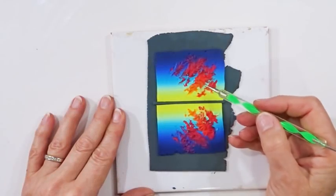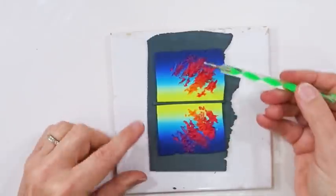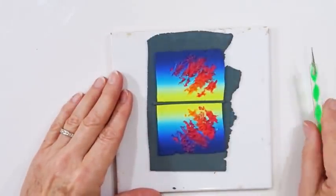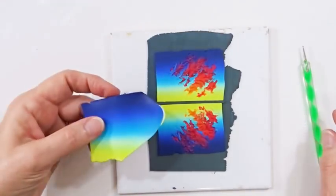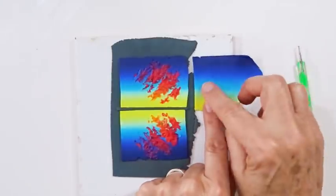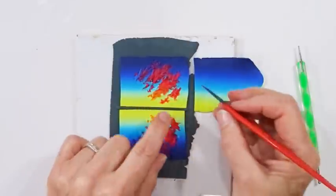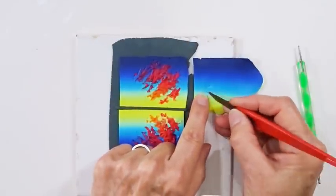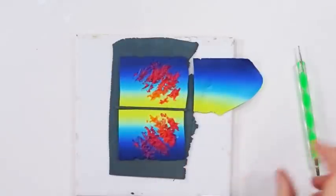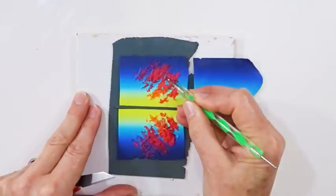So when you've got a fair bit done, and don't stress too much about it being completely accurate, you just want a rough idea of the two bits being the same. The other thing you can do is go to your original piece, lay it roughly where it would be, and say we want to put a little bit of sky in the middle of that. Just take a corresponding bit, scrape some off, and drop it right in the middle. And then you can push that round, and it looks as though the sky's showing through